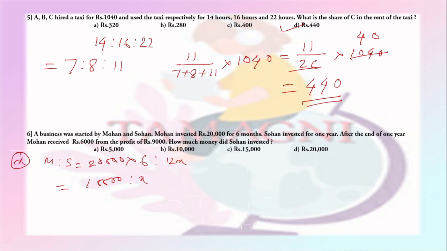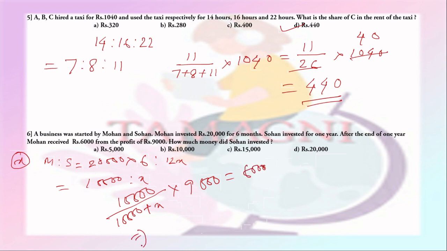Now Mohan received 6,000 rupees out of the total profit of 9,000 rupees. So 10,000 by (10,000 plus x) into 9,000 equal to 6,000,